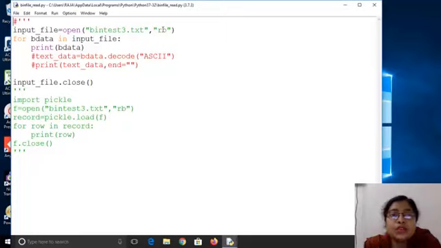Similarly, as we know r+, w+, and a+ modes are there, the similar modes are rb+, wb+, and ab+ for binary files.